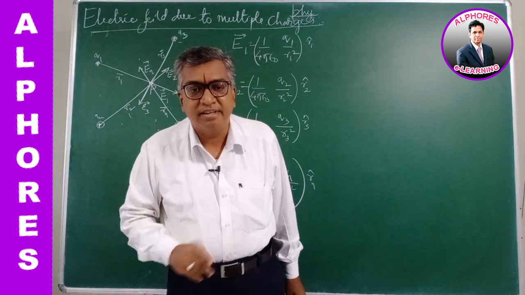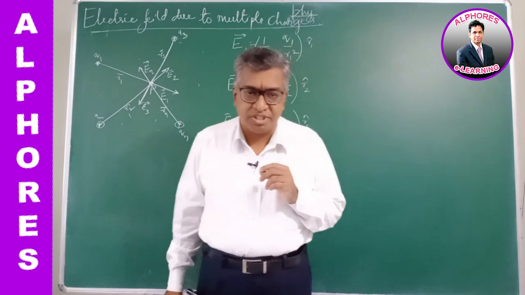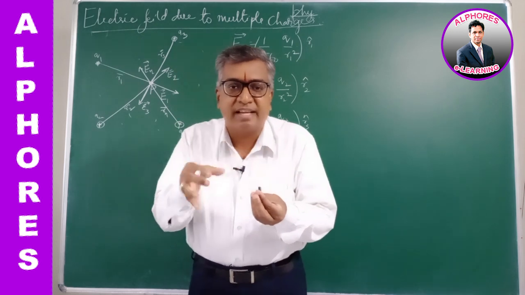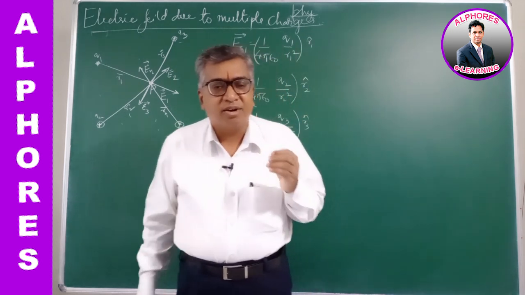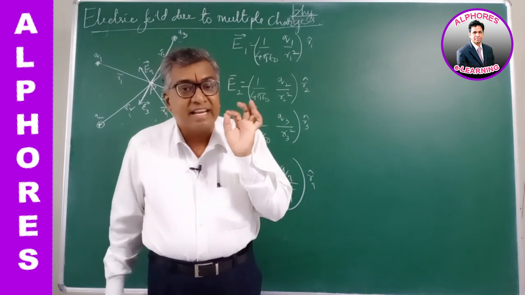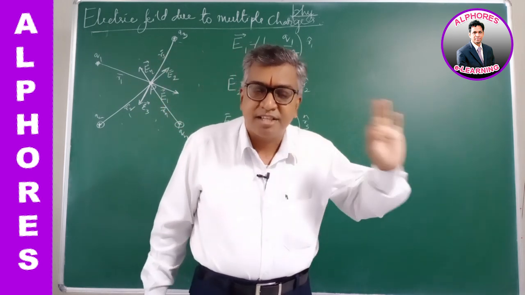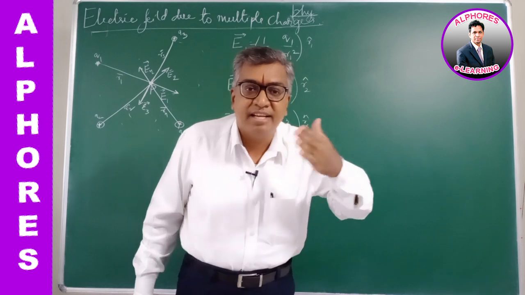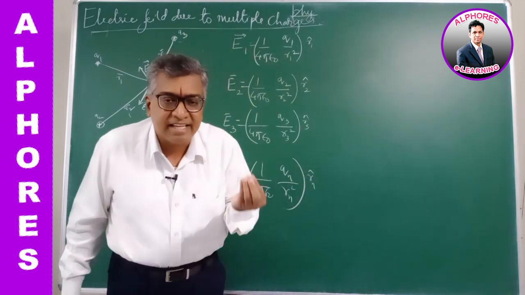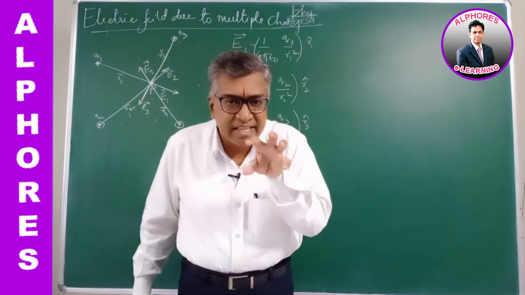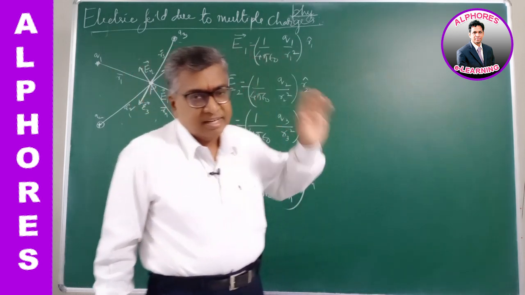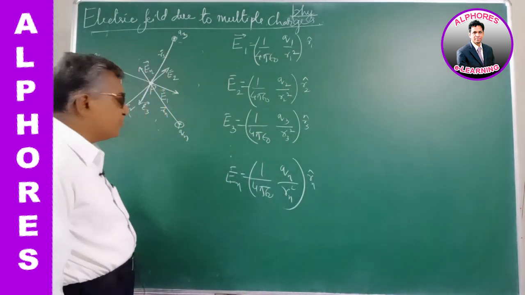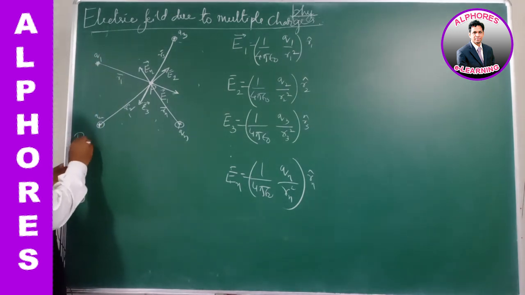In the earlier class I explained the principle of superposition. The principle says, when multiple vectors act at a point, the resultant vector is the vector sum. The resultant physical quantity is the vector sum of all the individual quantities, taking all of them simultaneously. The same thing we applied for electric force, Coulomb force. So according to the principle of superposition,